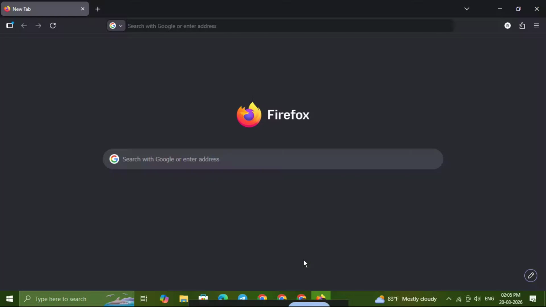In today's video, I'm going to show you how to set up an IP proxy in Firefox step by step, so you can route your browser traffic through a proxy quickly and correctly. This is useful if you're managing network settings, testing locations, or simply need to configure Firefox for a specific proxy